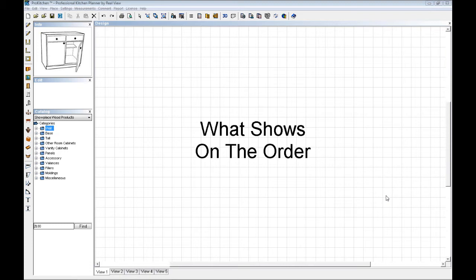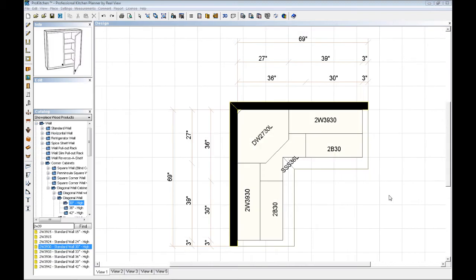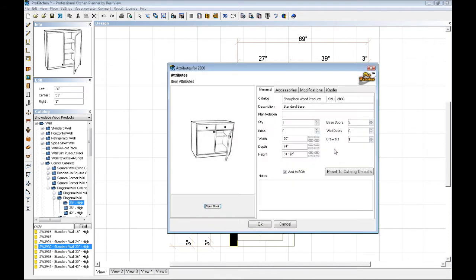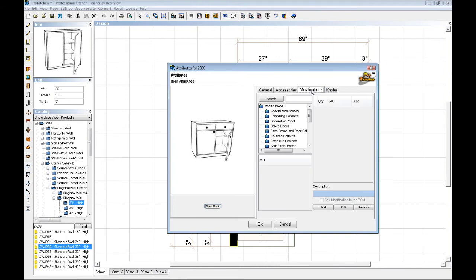This next section is going to show what shows up on the order and how it shows up on the order. Here we have a basic L-shaped design. We will now modify two cabinets so you can see how the order will show up with the modifications. To modify a cabinet, simply double-click on the cabinet, click on Modifications, find the correct modification,